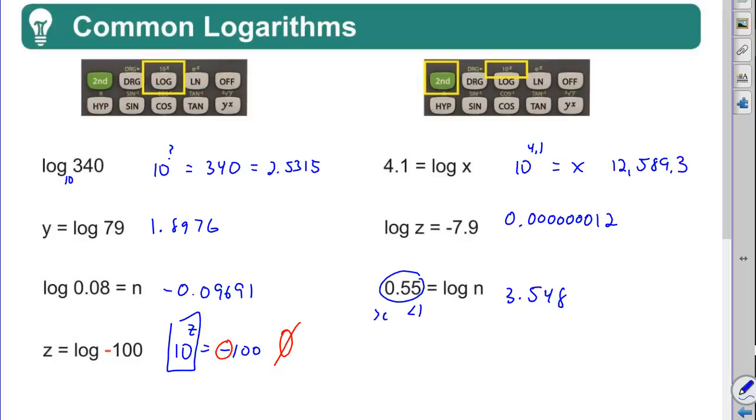Okay? Any result of the exponent less than 1 but greater than 0, it's going to be a number between 1 and 10. Any negative exponent is going to give you a number less than 1. Okay? And any exponent bigger than 1 is going to give you a number bigger than 10. Okay? That's the way that's going to work if you understand the relationship between